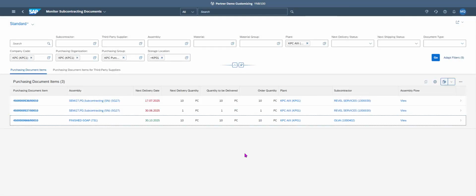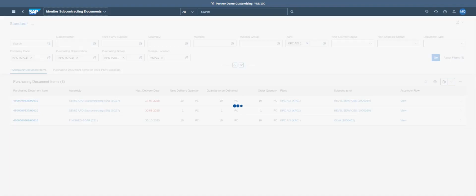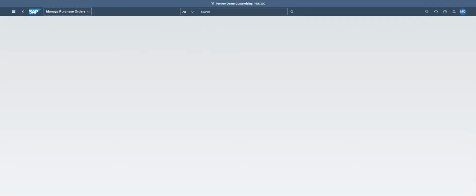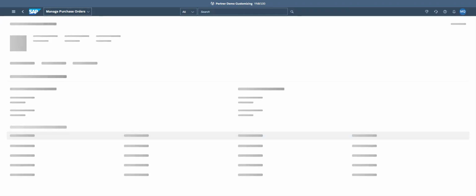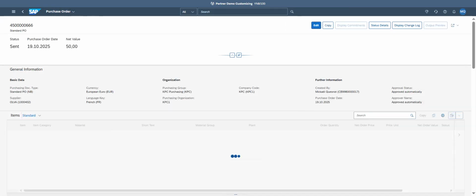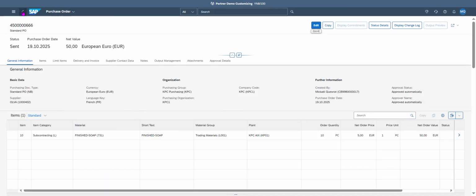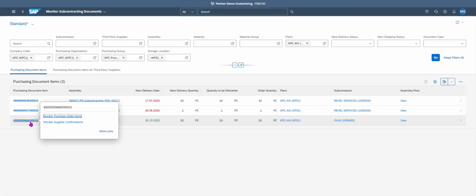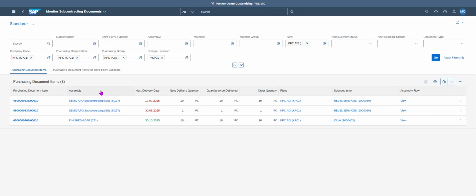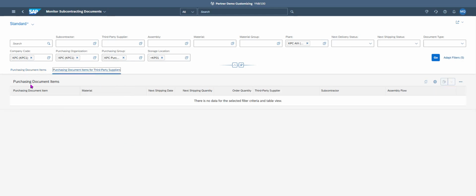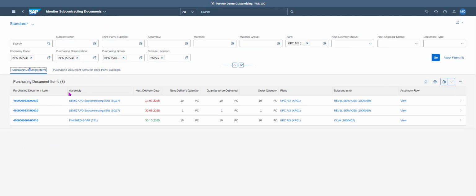So if I go to the detail, I display my purchase order. Okay, I go back. So if I click, I can see the information. Okay, that is the monitor. So right now,